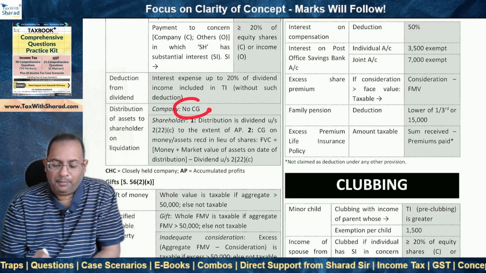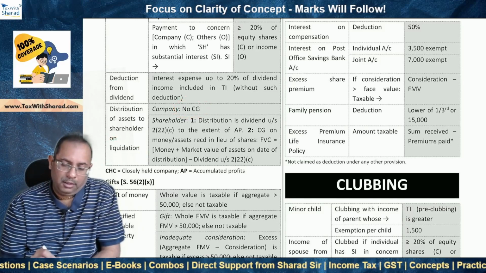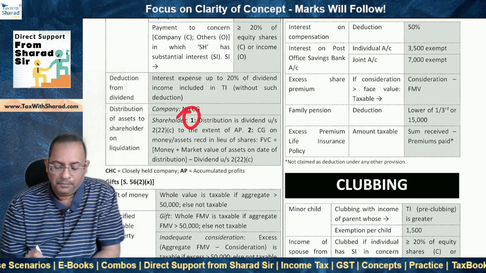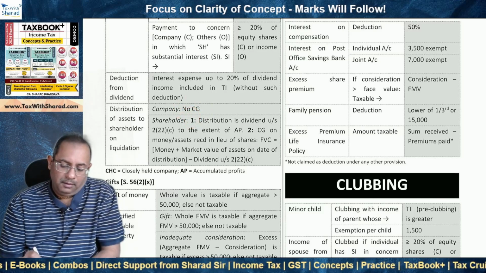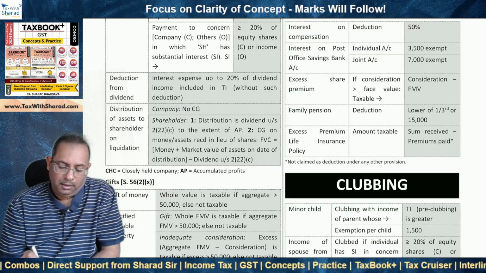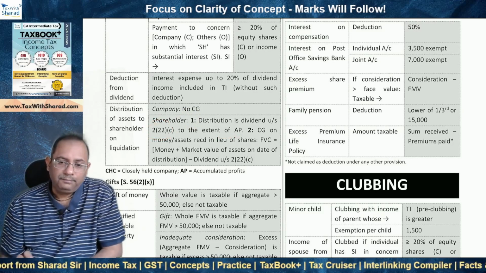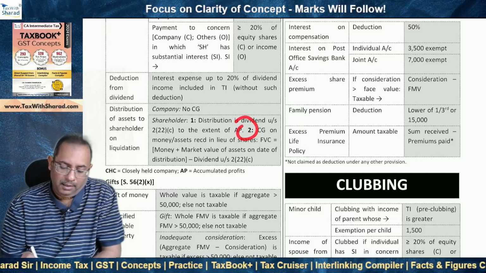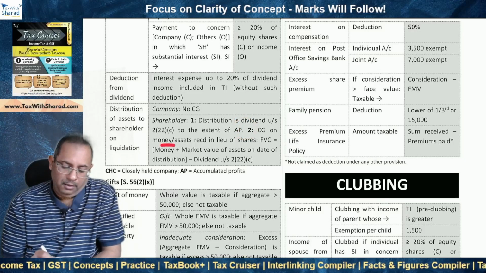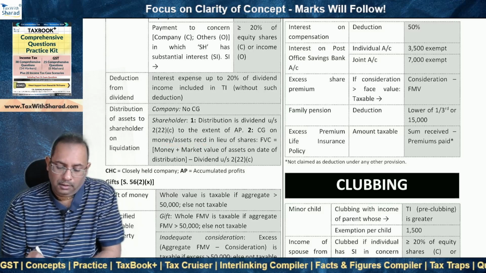In case of company, no capital gain arises. In case of shareholder, there are two implications. Number one, the distribution is taxable as dividend in the hands of shareholder under section 222C to the extent of accumulated profit of the company. And number two, capital gain arises on money or assets which is received by the shareholder from the company in